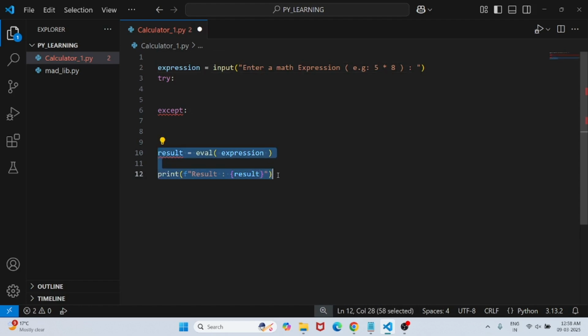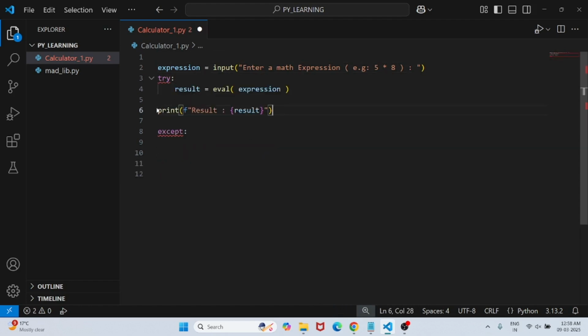I just need to put this block inside this, like this. Now in the except block, I mean here in this part, I'll print,